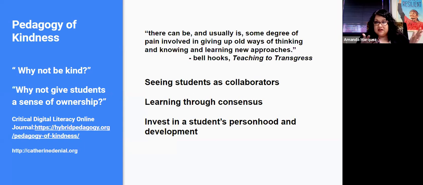Like I mentioned earlier, very briefly, I rebranded my office hours. So they're called student hours now, where students can come and visit, and I reiterate to them that it's just for them. And it's in those interactions and the way that relationships are established in those meetings that trust begins to build between me and them.